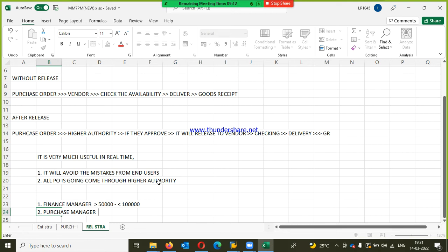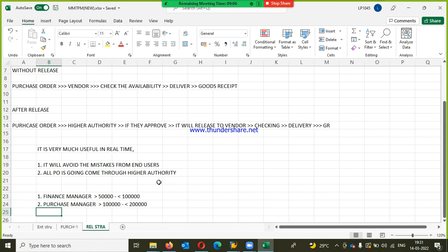Okay, here the purchase manager has authority to approve above 1 lakh and below 2 lakh. If the purchase order is more than 1 lakh, we require approval from both these persons. Suppose the purchase order is more than 2 lakh, then we require the production manager,